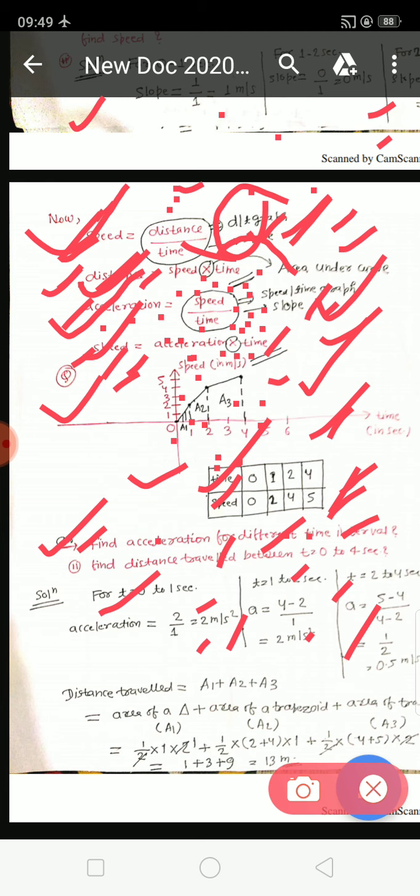In a speed-time graph, for t equal to 0 to 1, take the change in perpendicular divided by the change in base value. Again, for t equal to 1 to 2, the change in perpendicular divided by the base value. You don't need to go through the x-axis, you need only the changes for that interval. For t equal to 2 to 3 seconds, what is the change in perpendicular values? Only that you need to consider.